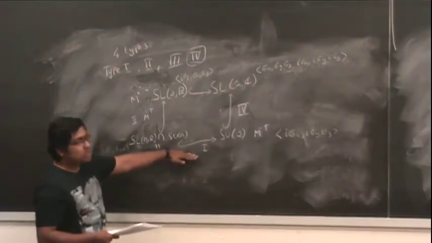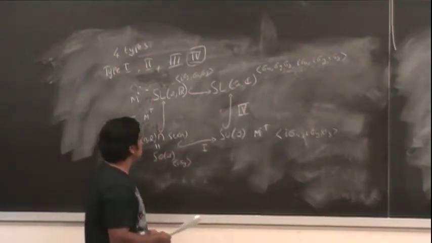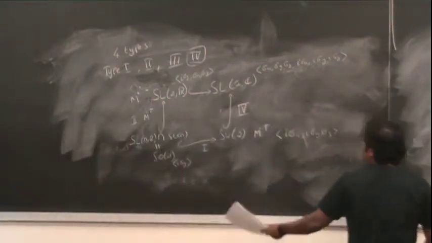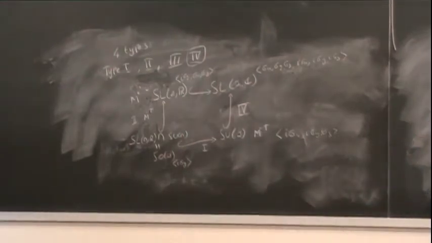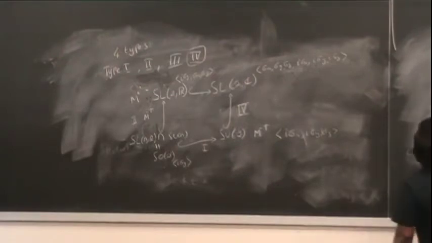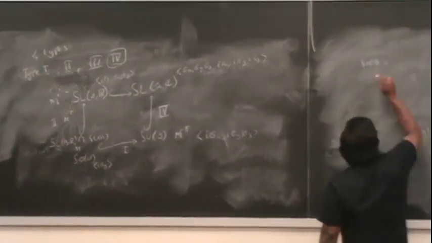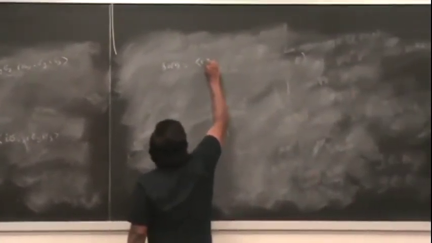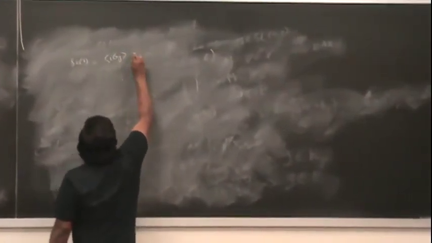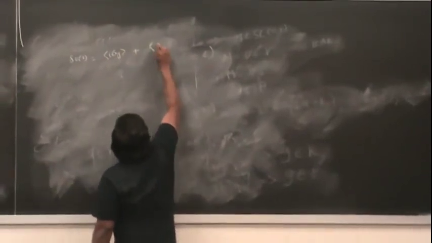But we can zoom in on this and see what this means. So SO2 is whatever is generated by i sigma y. So let us zoom in on SU2. With that, I can write this as sigma y plus